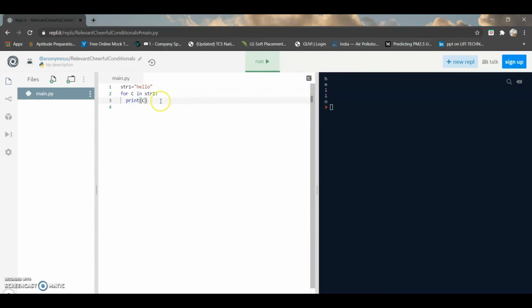Next, we can see the membership operator, that is, whether an element or a group of characters exists in a string or not.